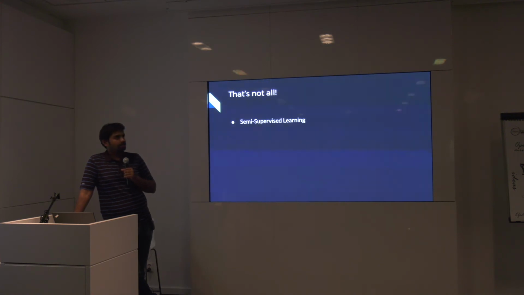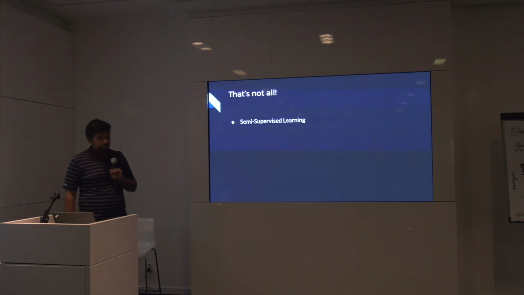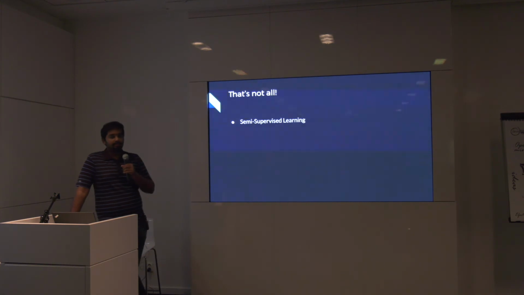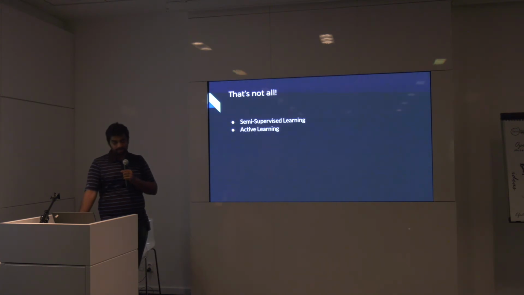So I said just supervised and unsupervised learning, right? There are other kinds of learning as well. One is semi-supervised learning, wherein if you have a million images, instead of going and labeling each and every one of them, you just say, okay, I'm going to label 100 or 1,000 of these images, and the model is supposed to figure out the labels for everything else. So it's supervised, but the rest of the data set has no label. That's why the name semi-supervised.